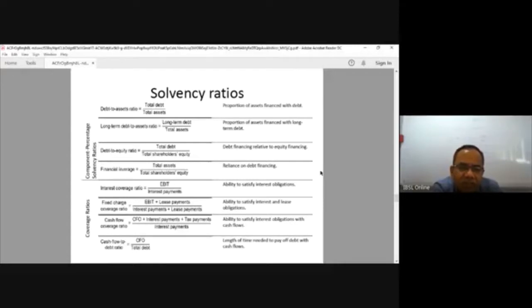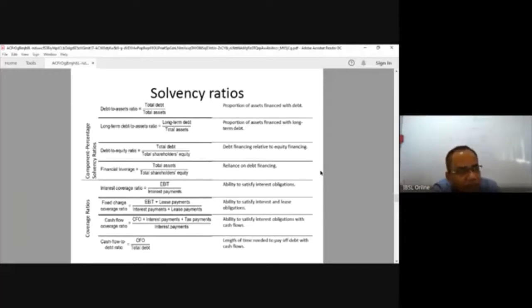One other ratio is the debt to asset ratio, right? Normally you take the total debt, totally how much is payable, which will include both short-term and long-term debt, divided by total assets. That shows how much of your assets are financed by